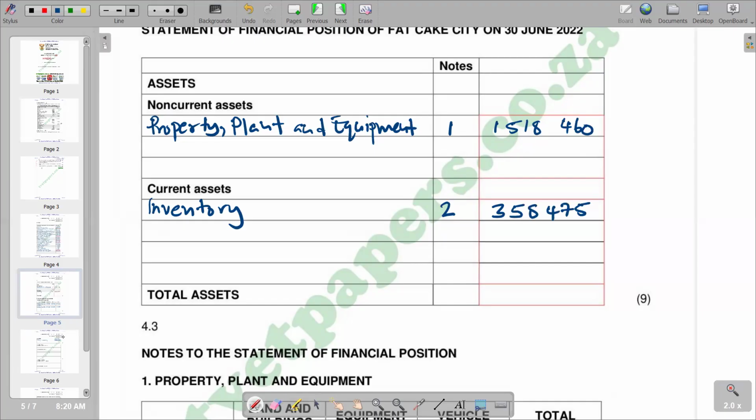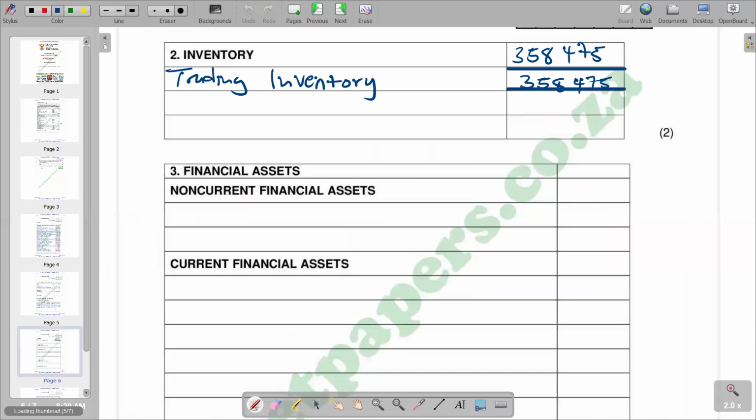Then we can move on to the next note, whereby we deal with our financial assets, and we start by non-current financial assets. So what we are going to do, we are supposed to refer back to our question and try to see what figure we have in terms of non-current financial assets. So if you refer back,